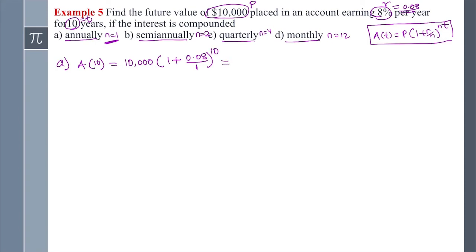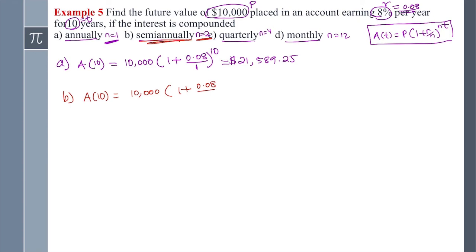And then we can put the whole thing into the calculator, and I have already calculated that. This gives us $21,589.25. Now let's look at the next one, B. This is semi-annually, so n equals 2. So the amount after 10 years is 10,000 times (1 plus 0.08